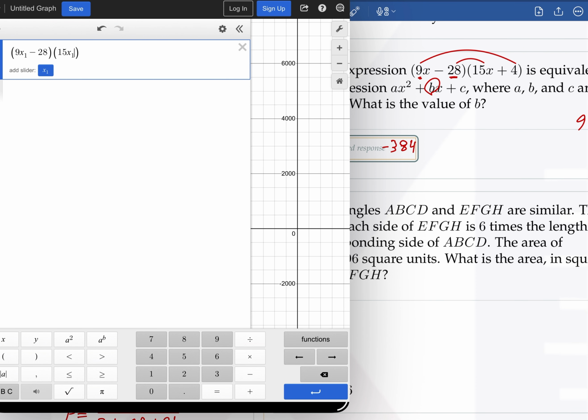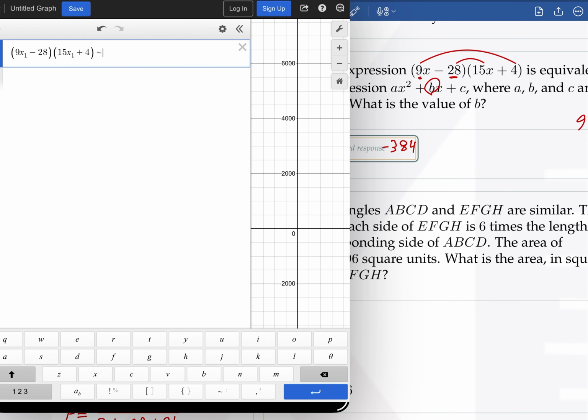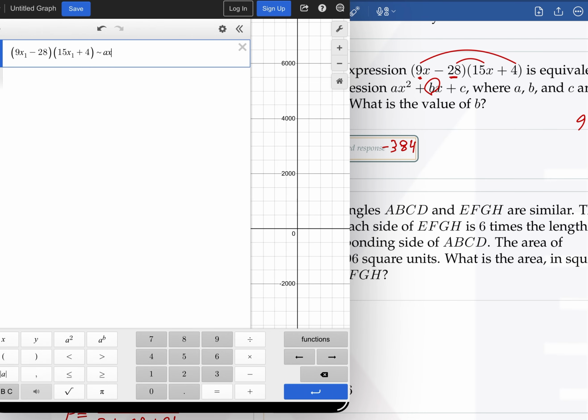Use this if you have maybe hard numbers or bigger calculations. Plus 4 equal, you can just write tilde. And here we write a x1 squared plus b x1